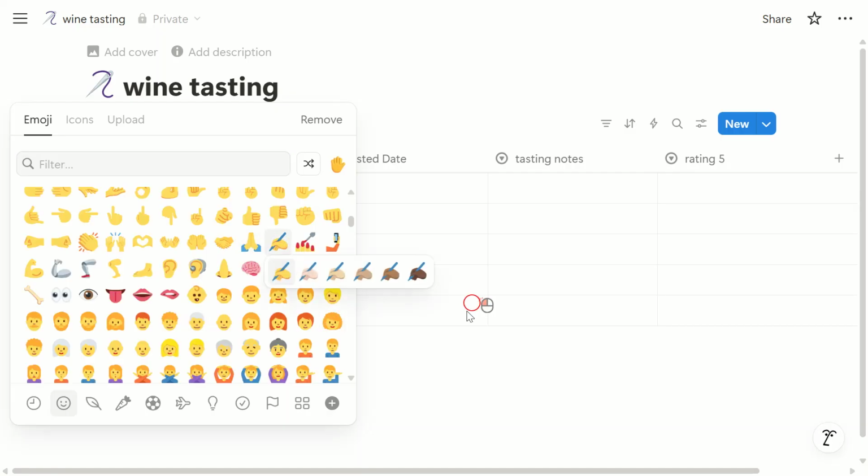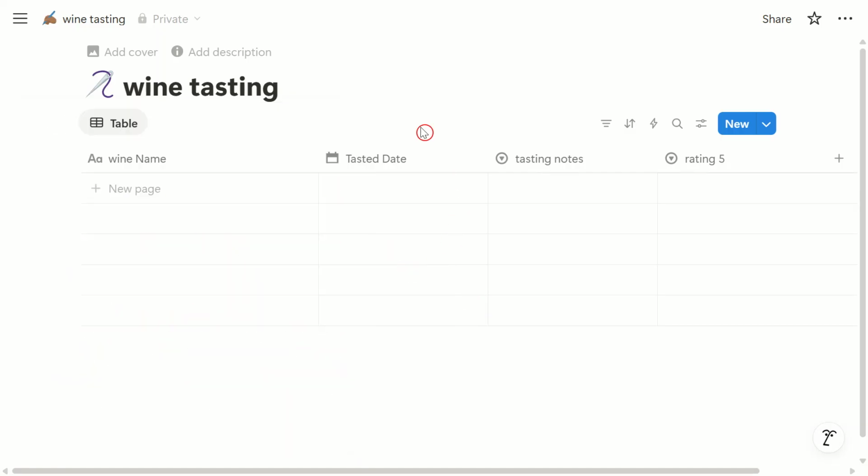After that, we're going to add a table to our template. This way, every time you add a new wine tasting note, it'll be automatically added to the table. This helps us because it provides an overview of all your tasting notes and makes it easier to compare different wines. Finally, once you've got your template looking the way you want, all you need to do is click on